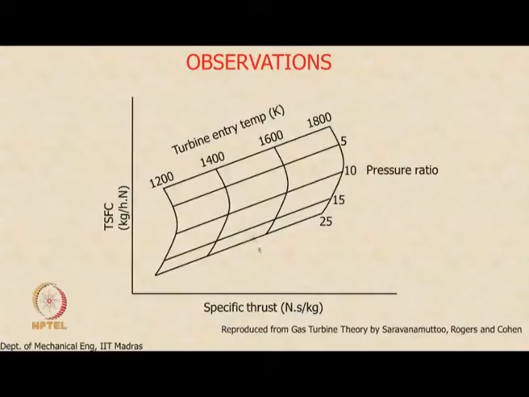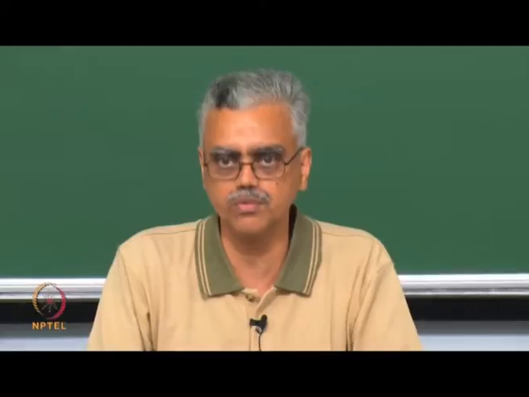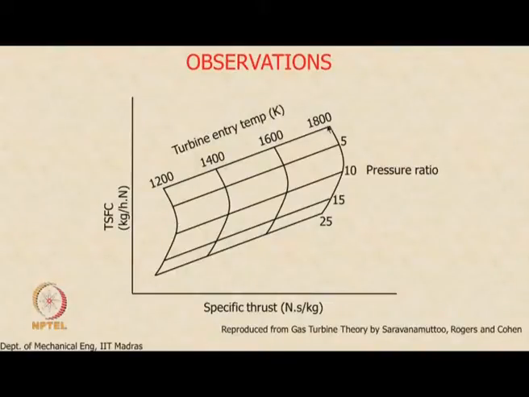So, the inferences that we gave earlier seem to be okay. With increase in turbine temperature, irrespective of the pressure ratio, the increase in the turbine entry temperature increases fuel flow rate on the y axis, right, and thrust also. That was what we saw from our earlier view graph, right. For any pressure ratio, increase in turbine entry temperature increases the fuel consumption and also the thrust.